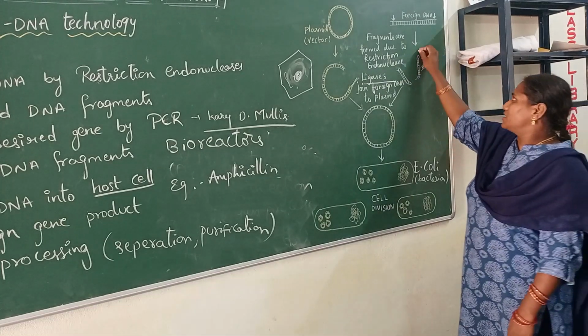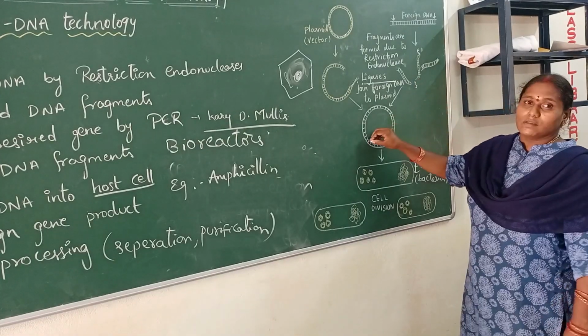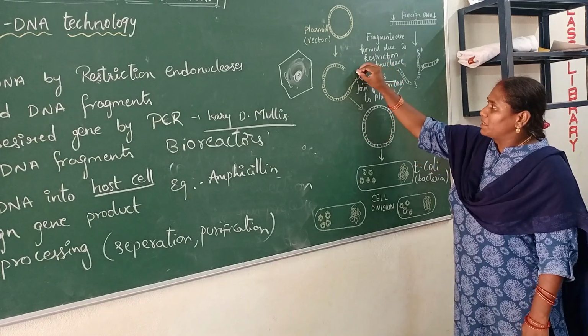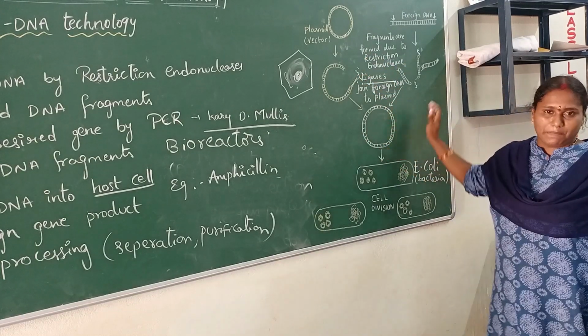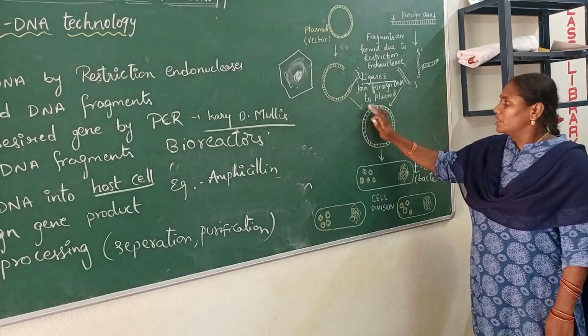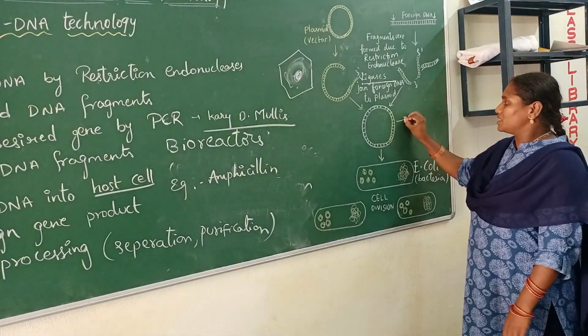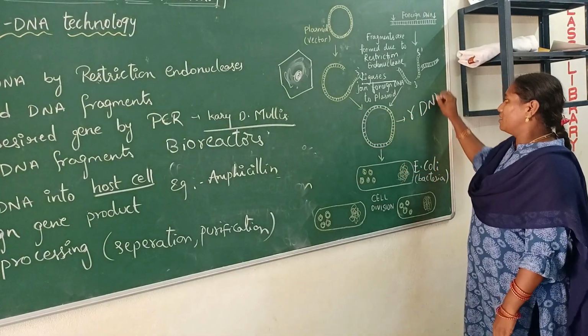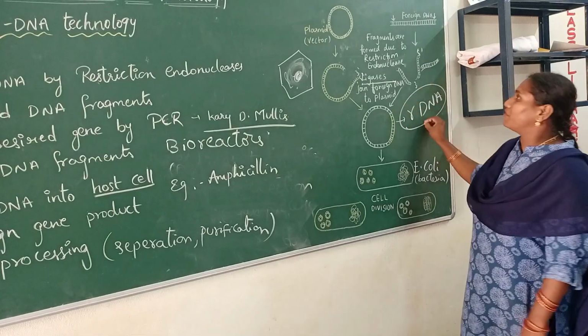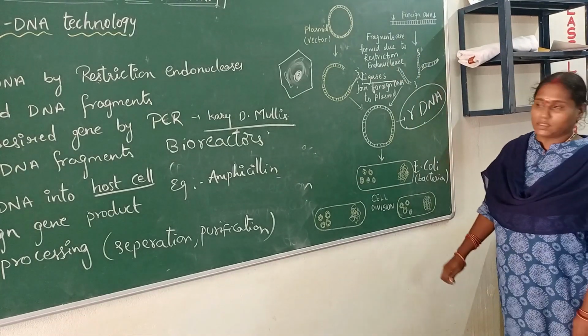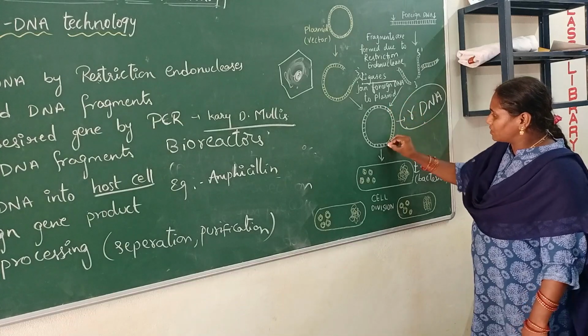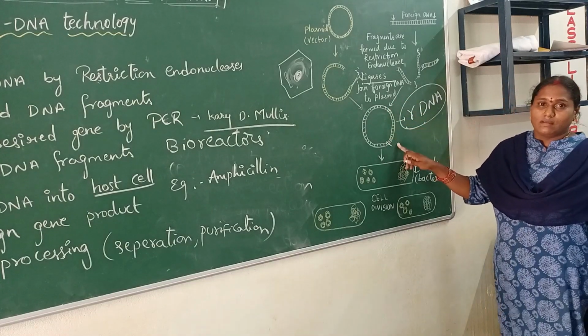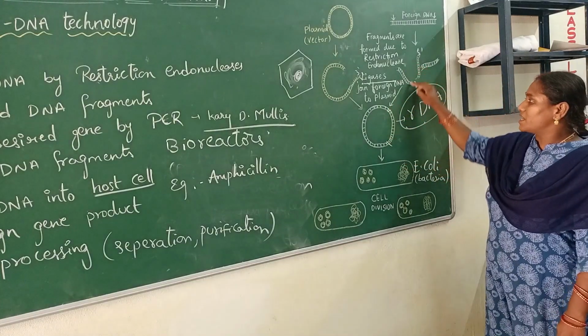We all know that there is a 5' end and a 3' end. So if it is a 5' here, it starts with a 3'. Like that, now you are going to get a DNA which is a recombinant DNA, which is the basis for our rDNA technology. Now we got it. Here you can see the color difference. There is a yellow color, this is the desired gene.